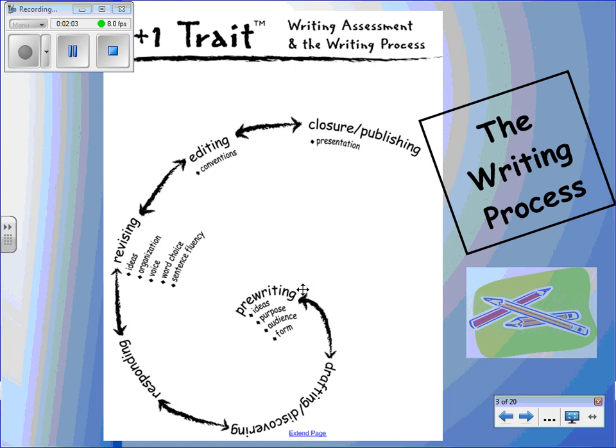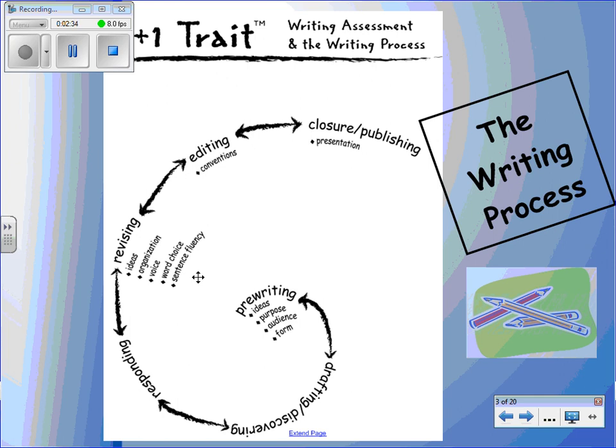Once you've got that down, you head down to drafting and discovering. That's where you start writing, where you start drafting something. And through that, sometimes you discover a little bit about yourself. Then there's responding. As you're discovering more about yourself and drafting things, you probably will respond to it and start to realize, you know what, I need to add this to my paper, and I need to add this. You continue on, and once you've finished a full draft of your paper,